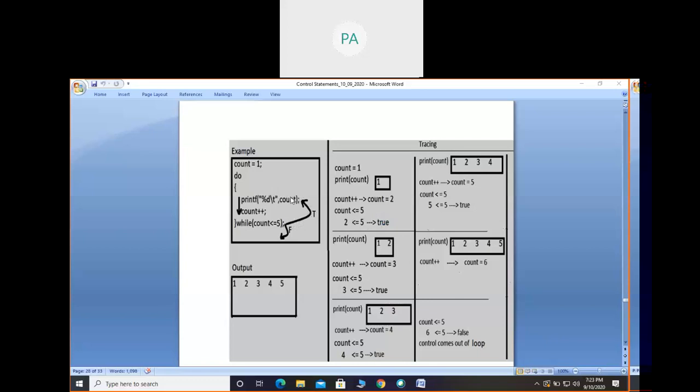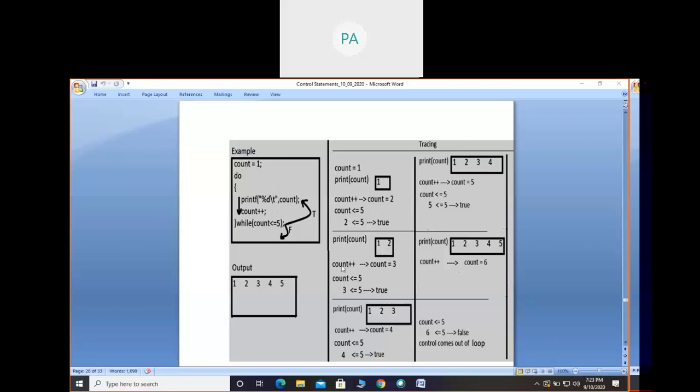Once the condition is true, from the first statement it starts executing. The first statement is print, the next statement is count. Here we have two statements. Next you go to the next round of tracing, print count. See, I have written a space in between 1 and 2 because in the example I have taken backslash t. T indicates tab. Tab means you have to leave space. So it will be printed in a horizontal line with spaces in between the values. So 1 space 2 here.